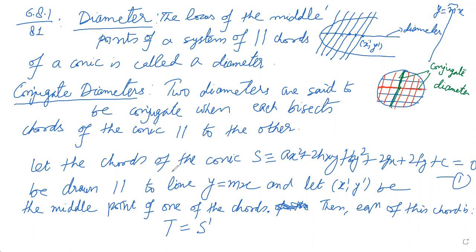रिकॉल करते रहा करो बीच बीच में, इसलिए प्रॉब्लम जो मैं देता हूँ उससे एक आध प्रॉब्लम अपने आप कर लिया करिए, उन प्रॉब्लम से ही कंसेप्ट यूज होते हैं. सो T is equal to S dash is the equation of a chord with a given middle point, है ना ये. सो टी इज इक्वल टू एस डैश इक्वेशन ऑफ अ कॉर्ड हो जाएगी, इस कॉर्ड की इक्वेशन आएगी. तो t means your tangent and s dash means putting the point x dash y dash on this. So this will give you, so this implies that